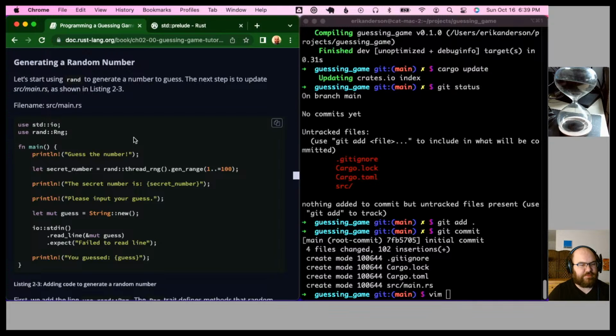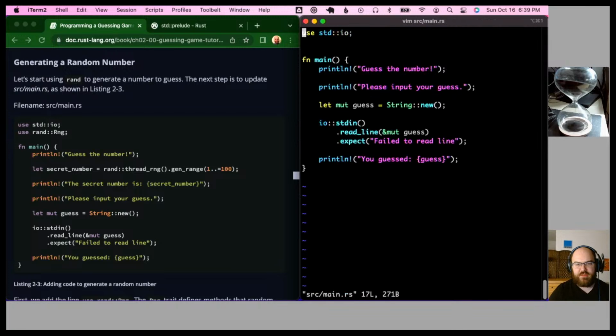The next step is to update source/main.rs as shown in listing 2-3. So we'll go vim source/main.rs. Good deal. We're gonna add use rand::rng;